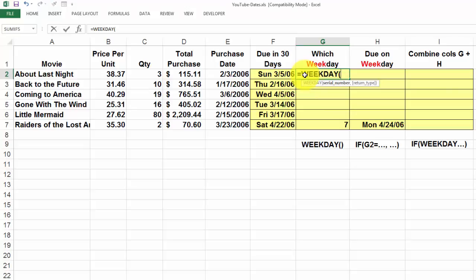It says the WEEKDAY of that serial number to my left, which is a serial number as we found out. And it will tell you that that weekday is 1, the beginning of the week. So it is due on which weekday? I'm going to do it the simple way, equals IF that cell to my left happens to be 1, comma, then I want to add to the due days plus 1, comma, another IF